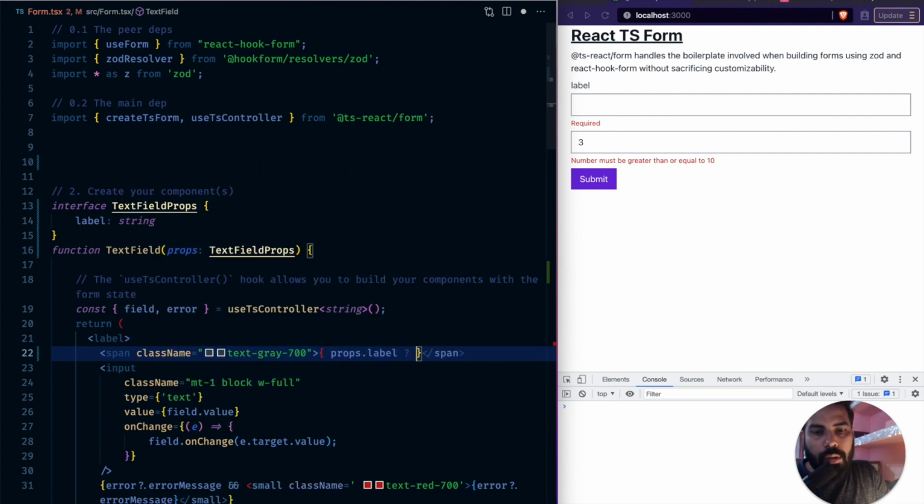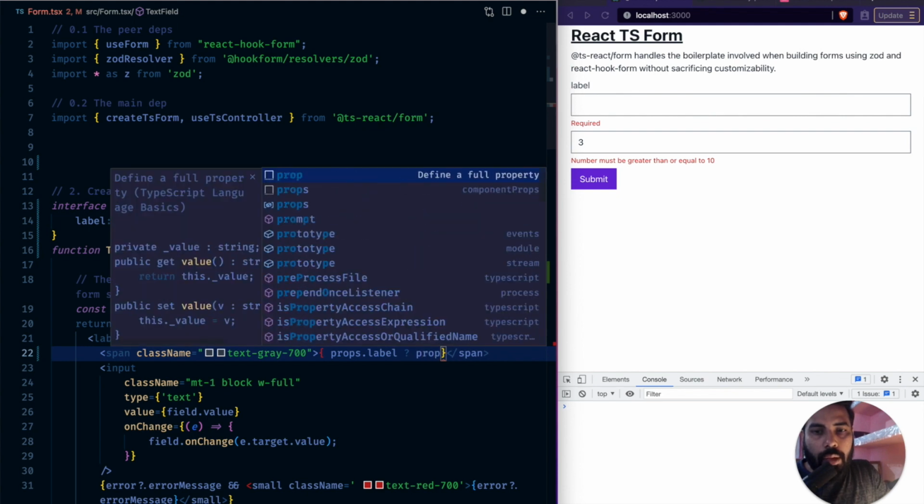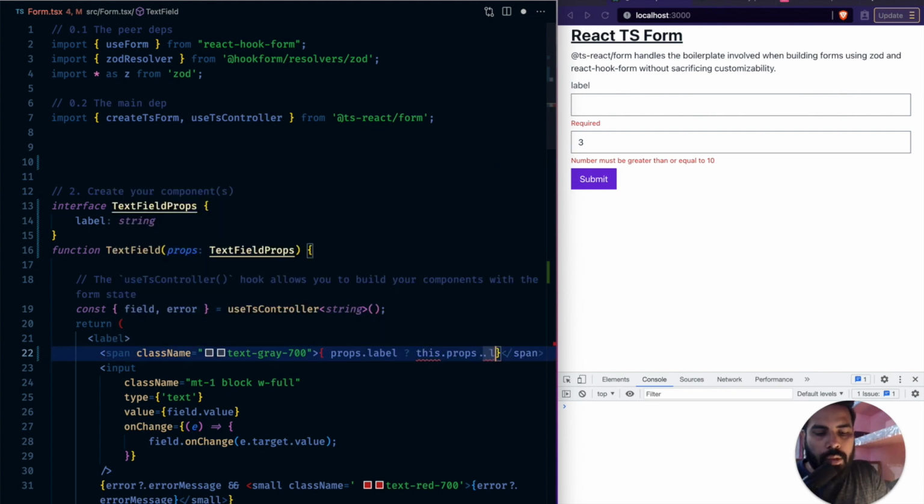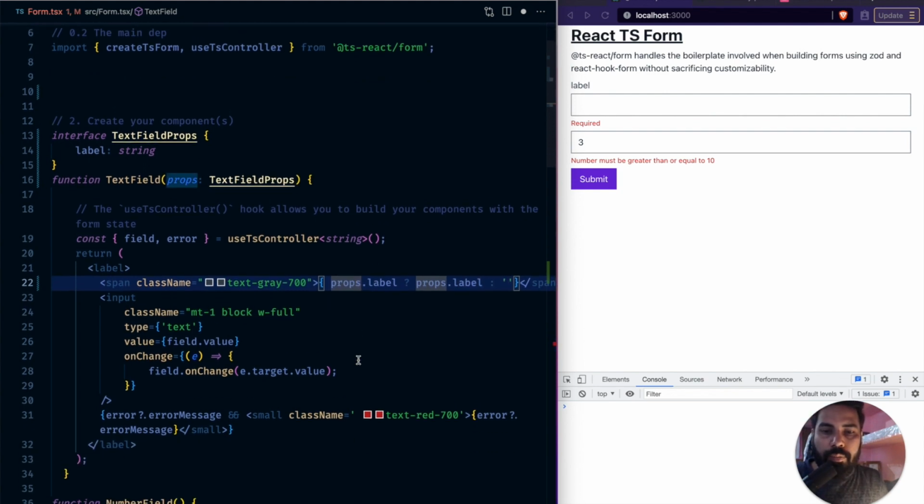Yes, it is there. We'll go ahead and use IntelliSense, props label, or an empty value, right? But how do you receive this? So for that,